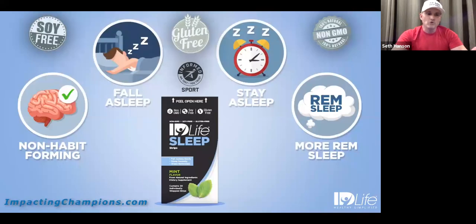We have our sleep strips. Most people, it's so sad, we're doing everything we possibly can to get people off of sleep aids because they're really messing up our bodies. And so these have only three active ingredients in there. And as you can see, again, soy-free, gluten-free, non-GMO, and we want to make sure that everything is naturally derived there. And again, everything, as you can see, is Informed Sport certified. So you can have a non-habit forming product that absorbs and dissolves right in your mouth, that helps you fall asleep, stay asleep, and get into that REM sleep so you can feel more refreshed in the morning.